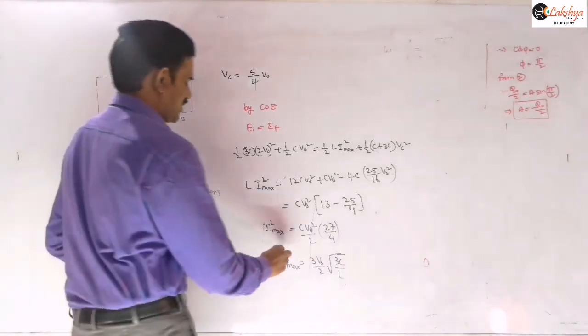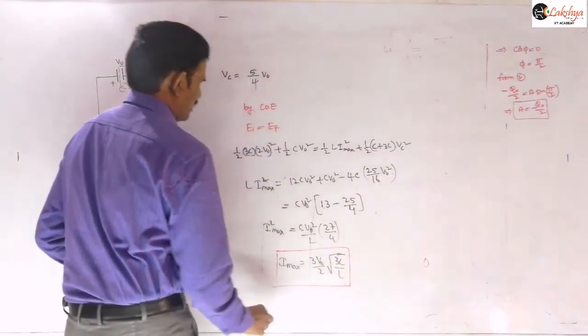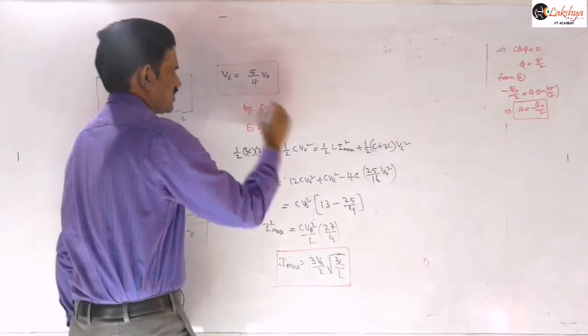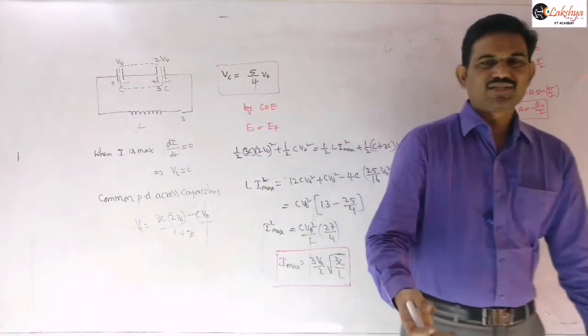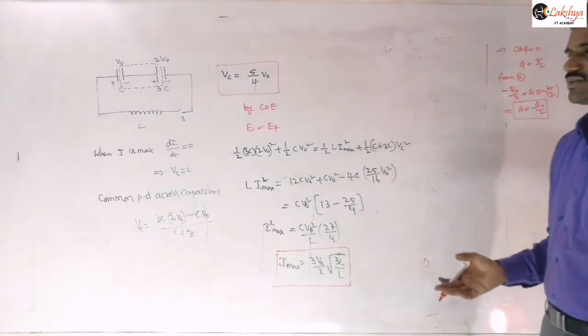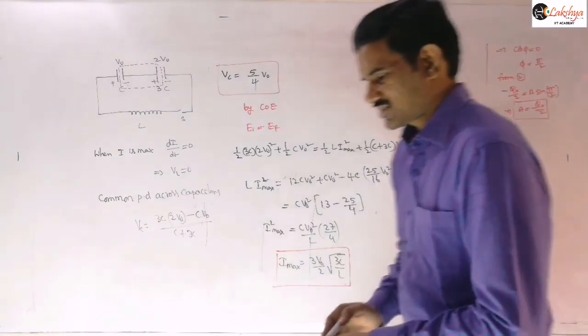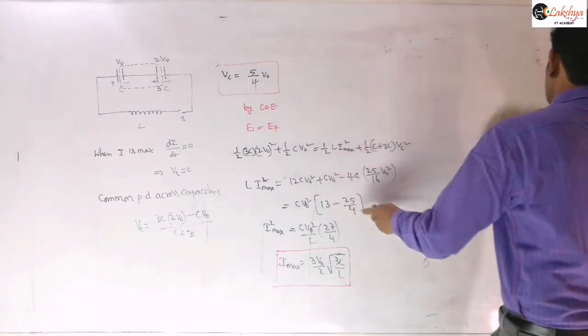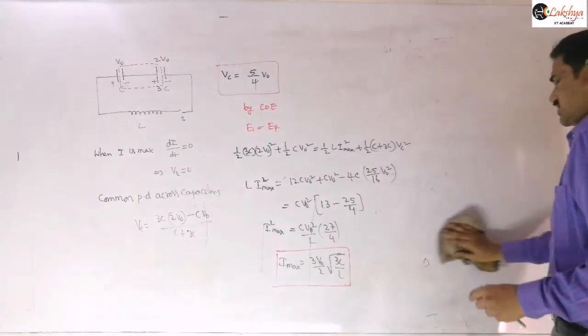So in that maximum current we automatically get this common potential. Sometimes they will ask this question, or sometimes they may ask what is the charge on each capacitor at that instant. If they ask the charge on the capacitor at each instant, that depends on the question there. Once you understand that, then you can answer anything about this circuit here.